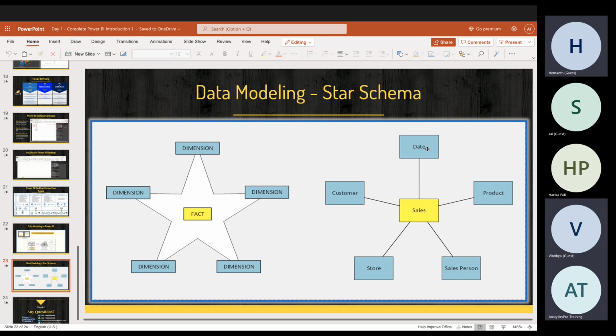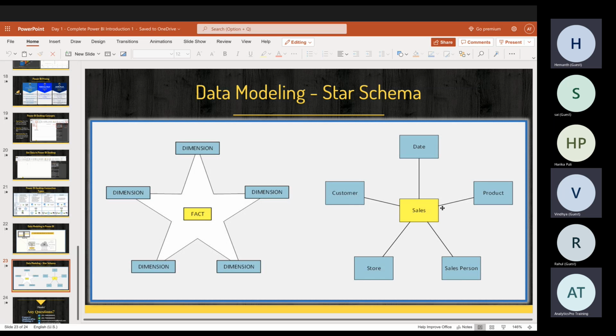But why are they connected with our sales table? Yes, because as soon as you place an order, we need a customer ID. We need a store ID from where it's coming from. We need a product ID of the person who has ordered. We need a salesperson ID too, some date IDs as well.